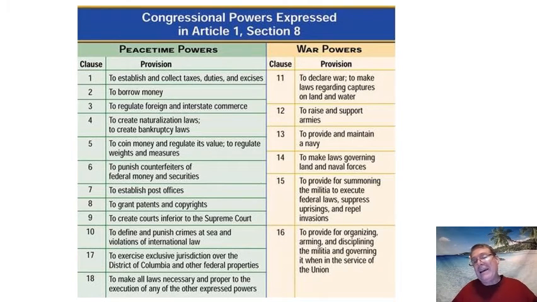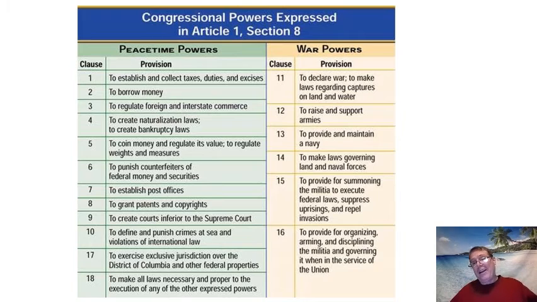So Washington, D.C. is not a state. It's a special district. And even though right now it operates much like a city where they elect a mayor and things like that, that's only because Congress lets them do that. So theoretically, Congress could basically fire the mayor of D.C. and fire the city council, and Congress could run it themselves, and they have in the past. But that's up to Congress.